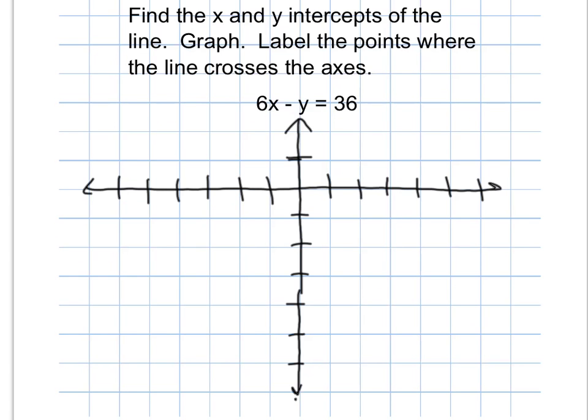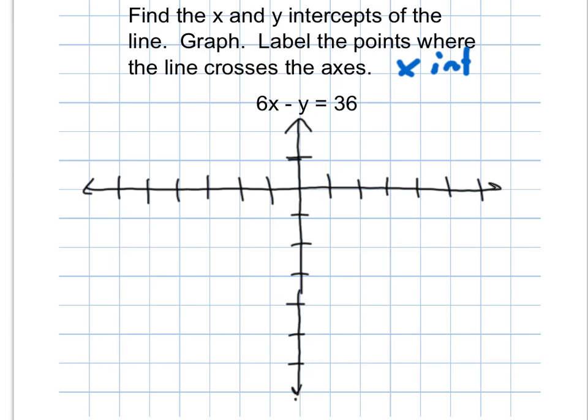Okay, this example has multiple things we need to do. We need to first find the x and y intercepts of the line. Then we need to graph it, and then it wants us to label the points where the line crosses the axis. So again, the first thing we need to do is find the intercepts. So I'm going to find the x-intercept first